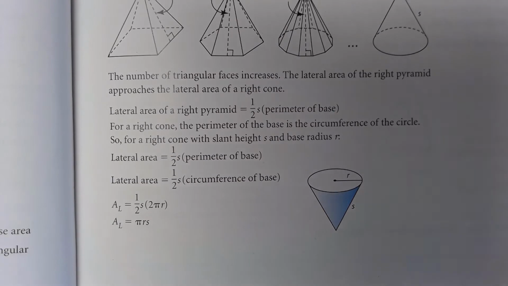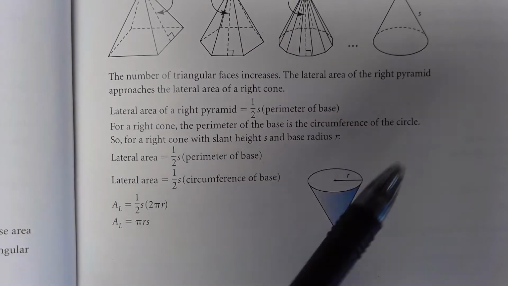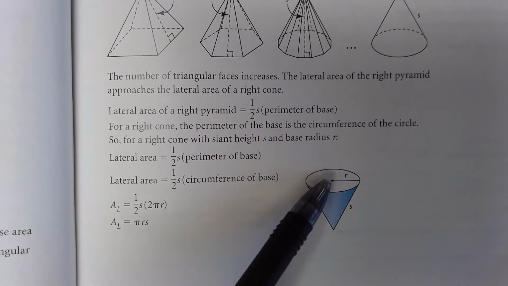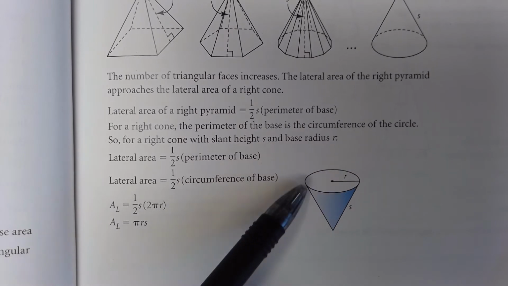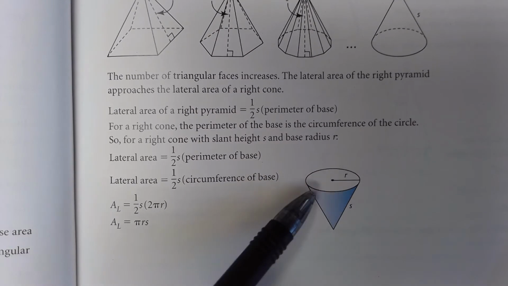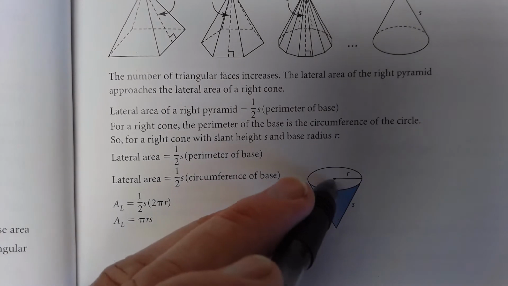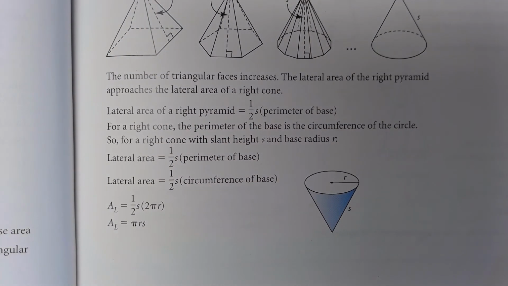Alright, let's get started. The surface area of a cone, you're concerned with two things. You're concerned about the bottom, or if it's inverted it'll be the top, but typically the round part is the bottom. And then of course all around up to the pointy peak. So the base here is simply a circle. So pi r squared is going to be the area of the base, the area of a circle,